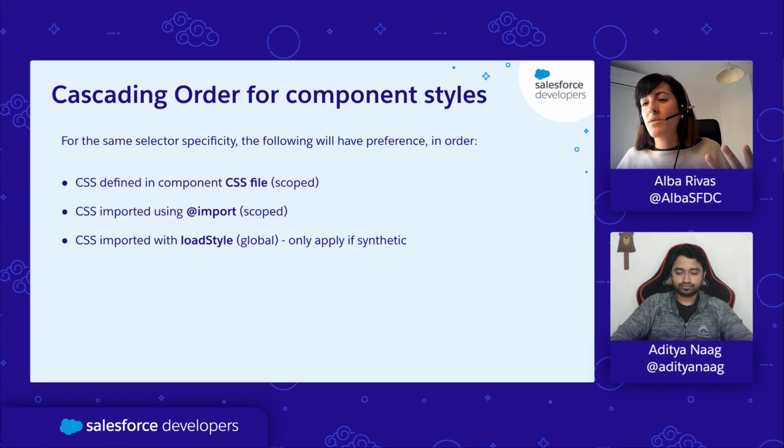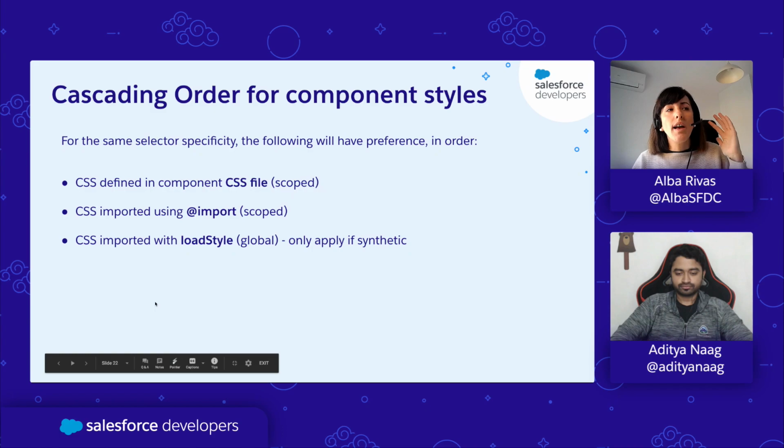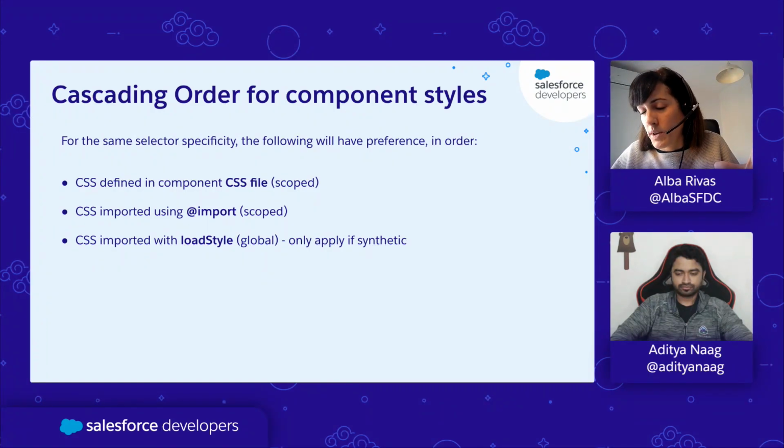Probably you have a question, which is the priority, right? Which is the preference? Which styles are going to be applied first to my component? So basically, it's very easy to think about this because those that are scoped to your component are going to have more specificity, as Aditya explained at the beginning. So those are the first that are going to be applied, right? And